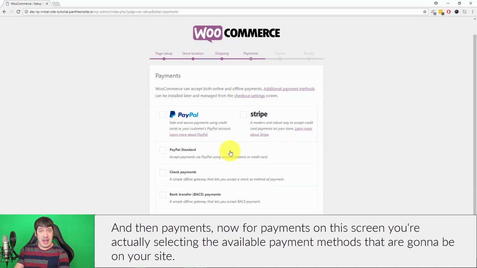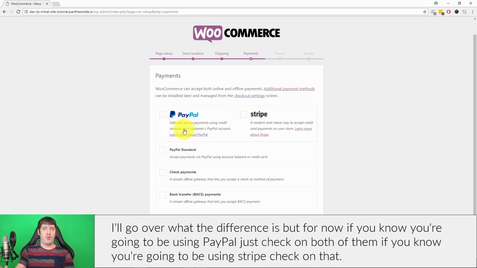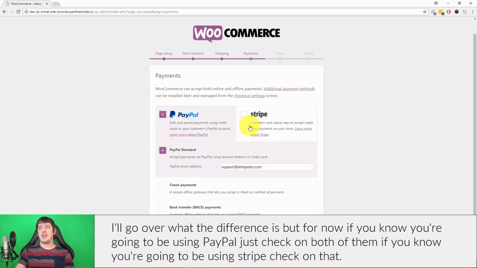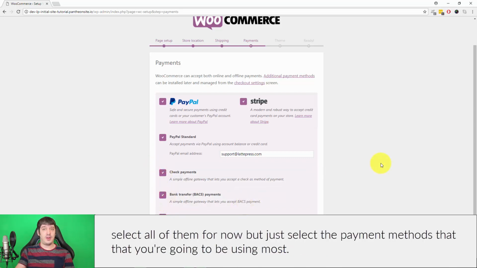And then payments. Now for payments, on this screen, you're actually selecting the available payment methods that are going to be on your site. For most people, that's going to be PayPal or PayPal Standard. So this PayPal refers to PayPal Express Checkout, and this one applies to PayPal Standard. I'll go over what the difference is later, but for now, if you know you're going to be using PayPal, just check on both of them. If you know you're going to be using Stripe, check on that. And then these, the offline options, which are check payments, bank transfer, and cash on delivery. And we'll just select all of them for now,